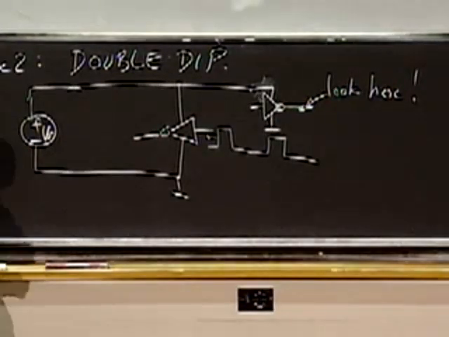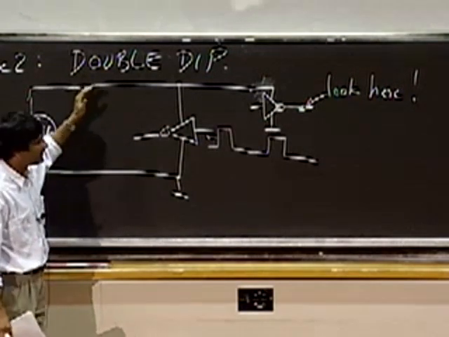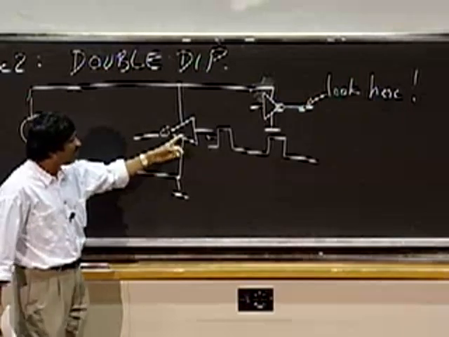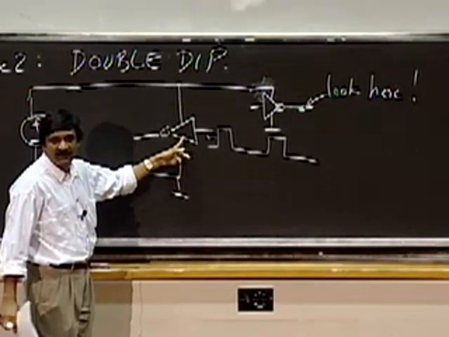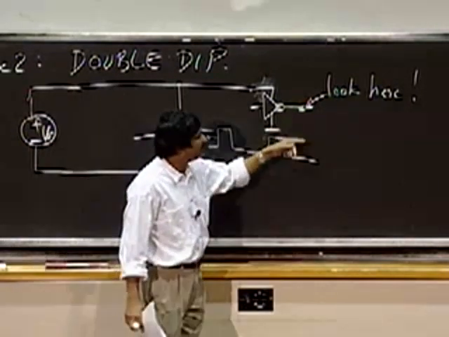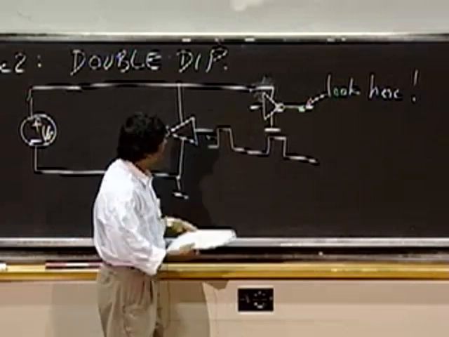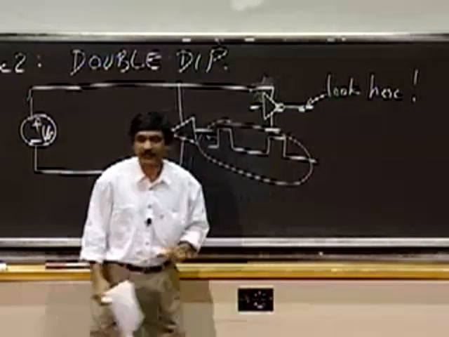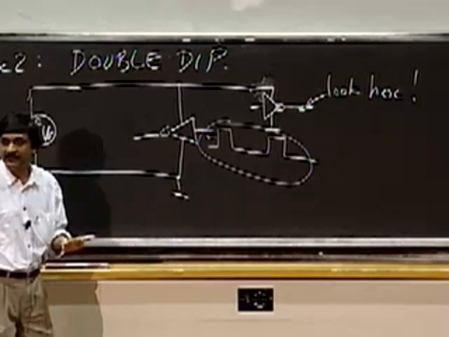So your abstraction should tell you that here's a power supply. This is 5 volts or whatever the supply voltage is to these two inverters. That should be fine. And feed some sort of an input to this inverter. Okay? And the output here should be simply determined by this input. This signal should have absolutely no bearing on this output. Okay? And let's look at that and actually confirm it.